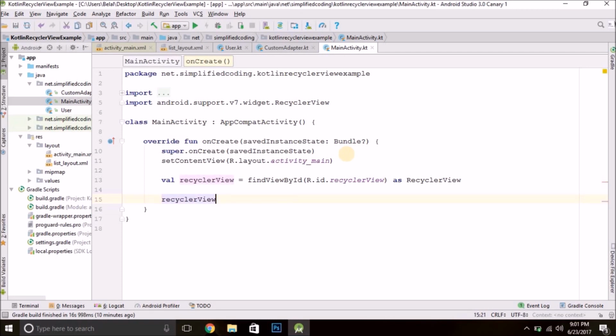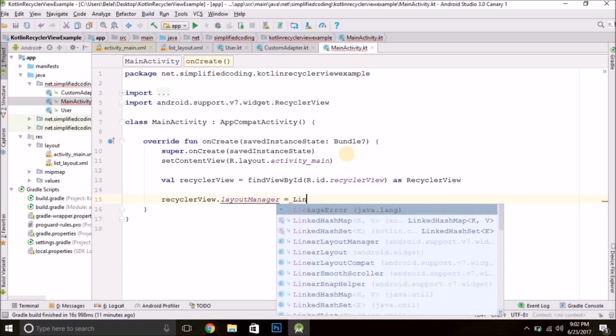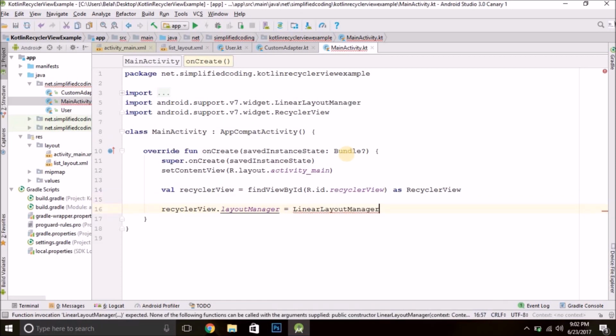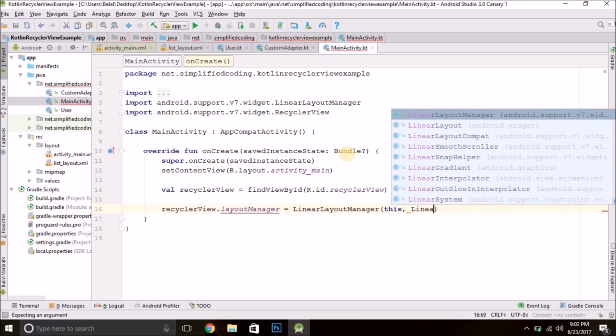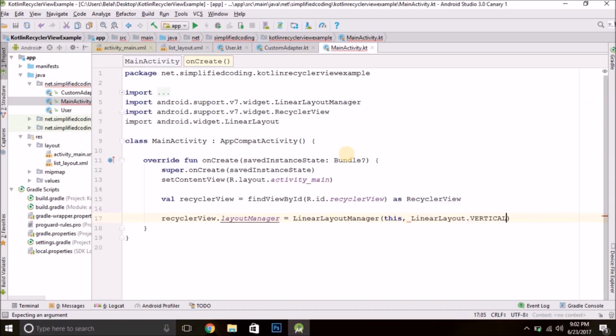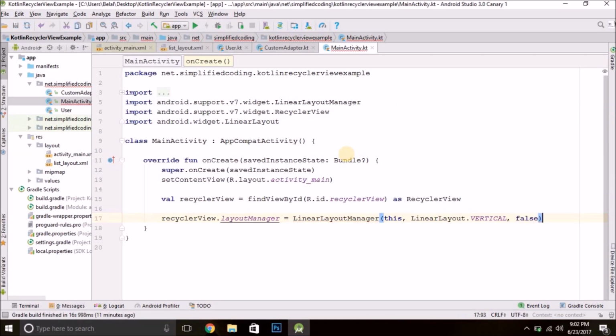So we will write recyclerView.layoutManager, and it will be equal to, I will use a LinearLayoutManager with vertical layout. So we'll write LinearLayoutManager, and we'll pass the current context, then the orientation type. So we'll write LinearLayout.VERTICAL, and then the last parameter can be false. That's it.